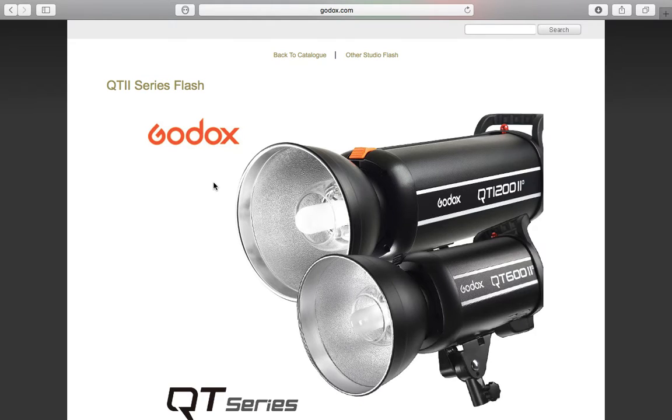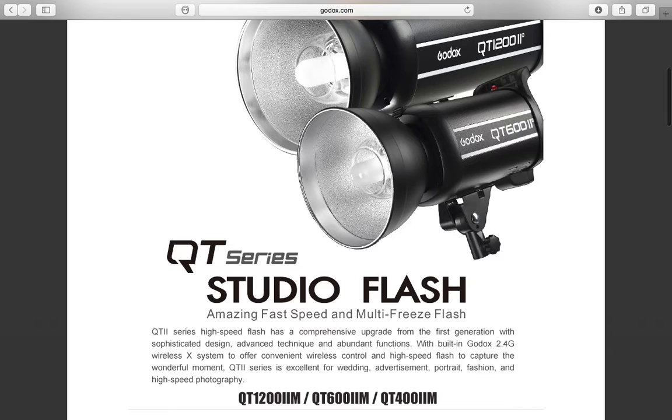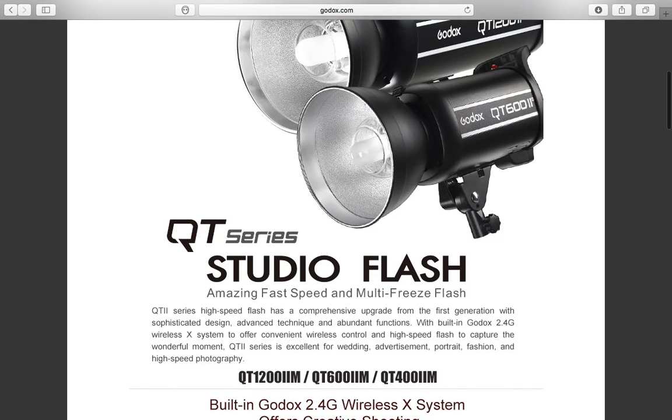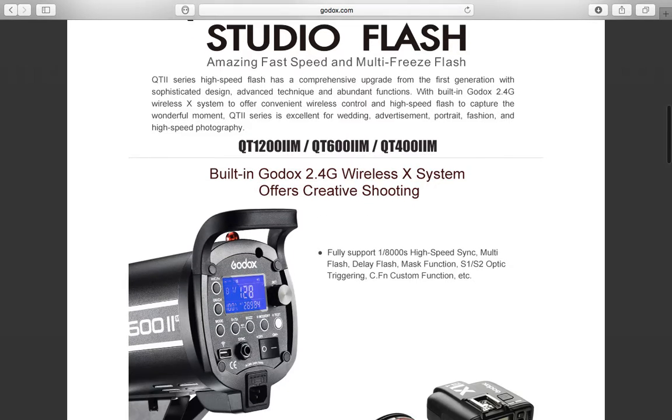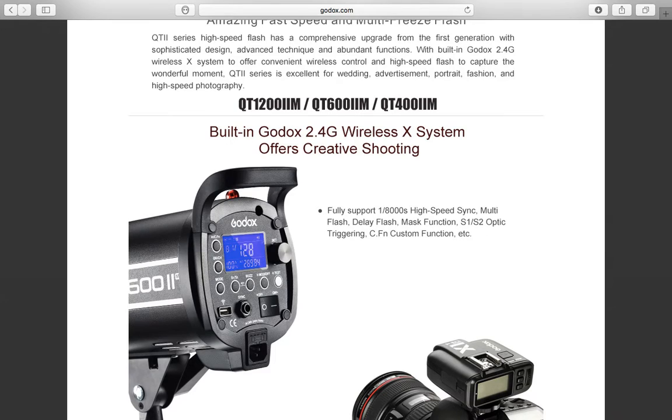Today we will be looking at the Godox QT2 series flash. In the QT series 2 we have the Godox QT1200, QT600 and QT400. The QT series is built in with the Godox 2.4G wireless X system, so it can be controlled using